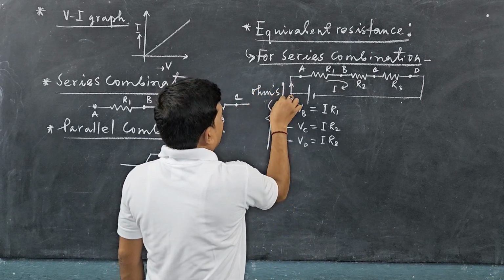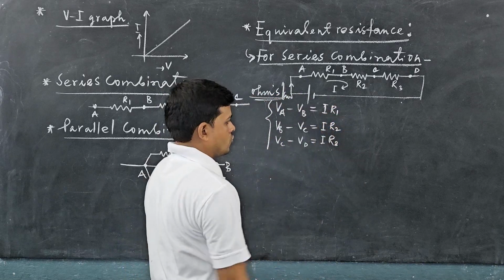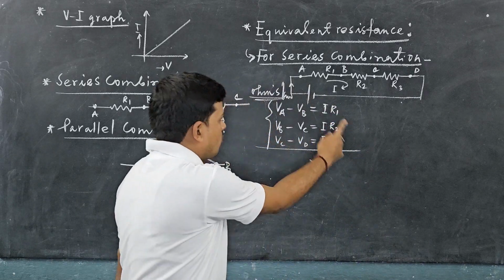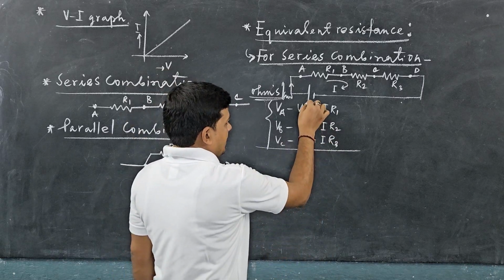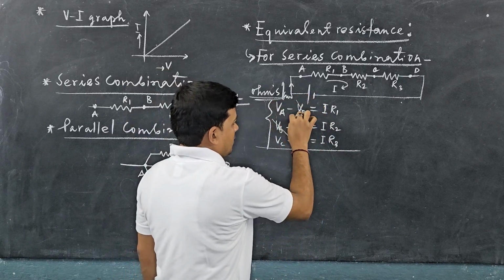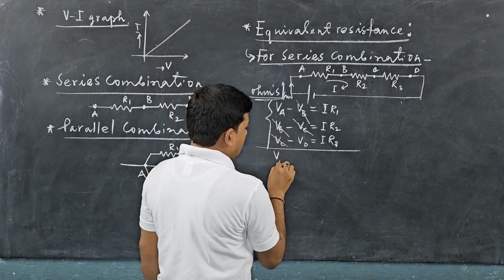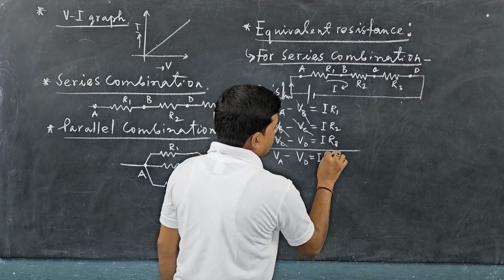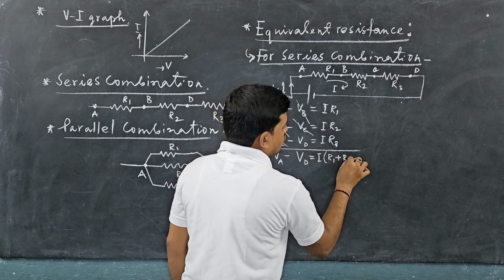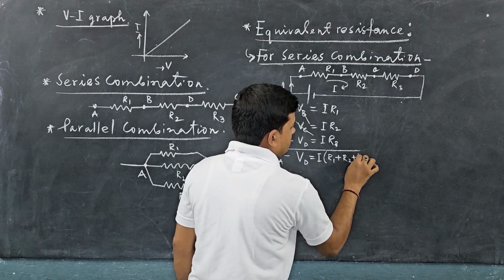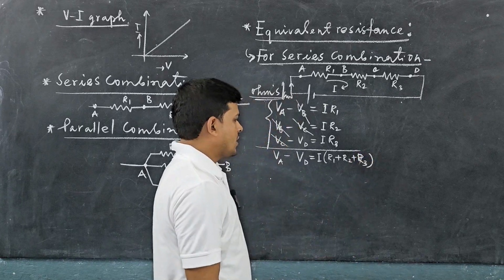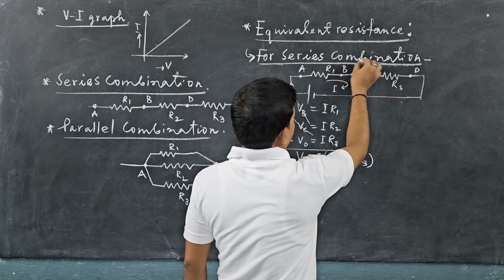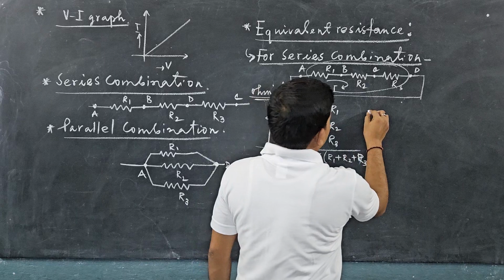From Ohm's law, we can write this. So together, if we just sum over this, then what happens? VB cancels, VC cancels, only VA minus VD remains. This is equal to I common, times R1 plus R2 plus R3. Okay, now the combination of these three resistors R1, R2 and R3 is replaced by a